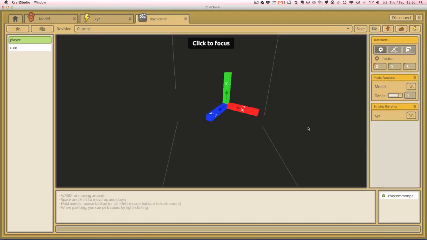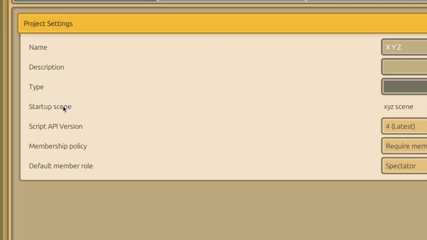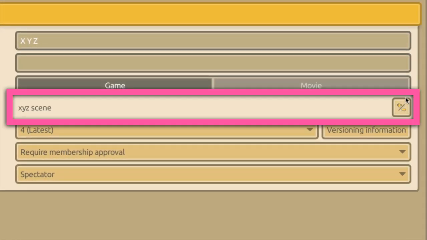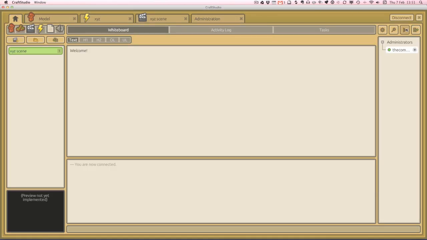So just make sure in our scene we've got the scripted behavior inside our game object. That seems all right. We'll just go back here. We'll go to our administration and make sure our startup scene is connected, so that's the startup scene. That seems okay as well. So if we press play,